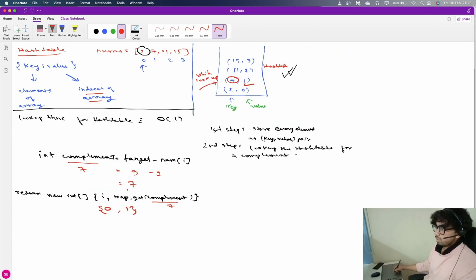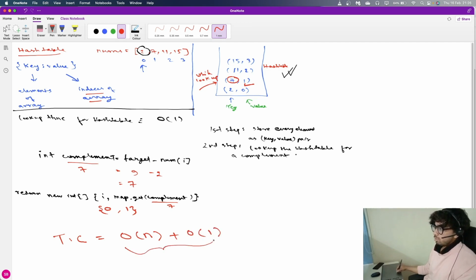I will simply write the time complexity. Time complexity is gonna be first iteration में O of n plus lookup time में O of 1. So it's going to be O of n only. स्पेस कम्प्लेक्सिटी की बात करें तो एक ऑक्सिलरी स्पेस यूज होता है. ऑक्सिलरी स्पेस ऑफ O of